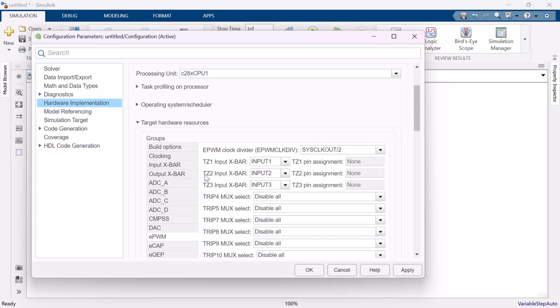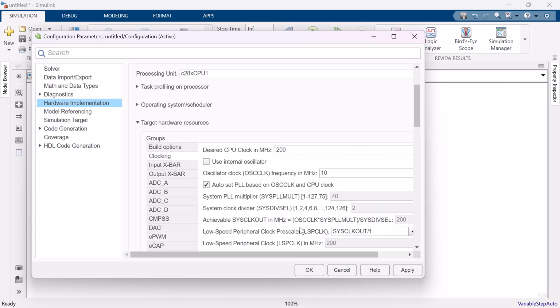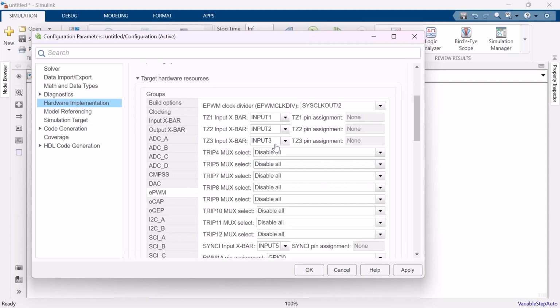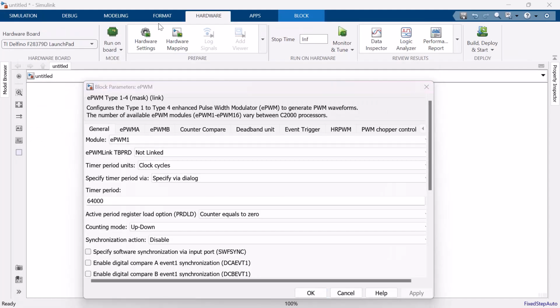In this case, the ePWM's clock frequency is set to half of the sysclockout. Sysclockout is nothing but the controller's clock frequency, which is at 200 MHz. So sysclockout by 2 is 100 MHz, which is the ePWM's clock frequency. Returning back to the block parameters,